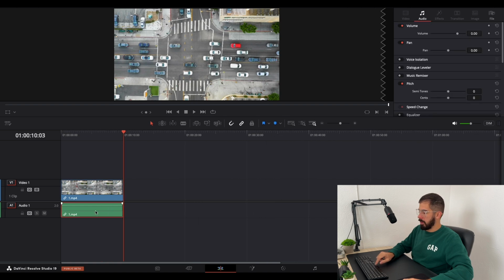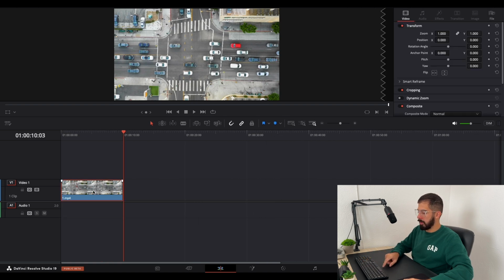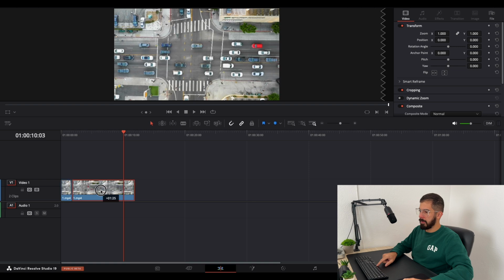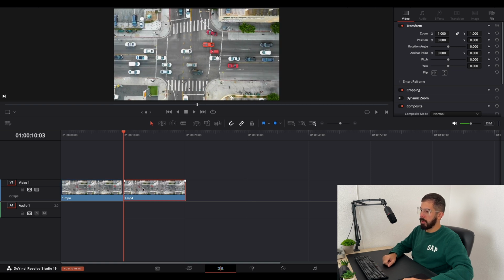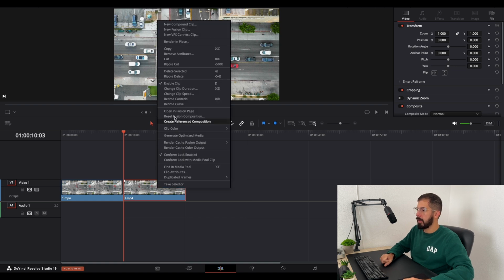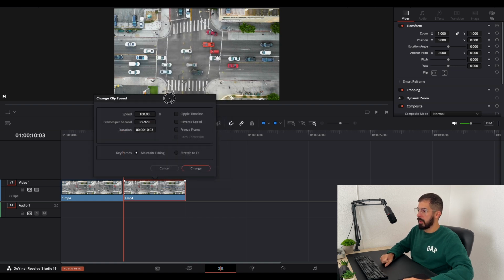And we don't need the audio for this tutorial. Let's duplicate it by holding Alt and dragging it. Now on the second clip selected, we are going to press right click, change clip speed, and over here reverse